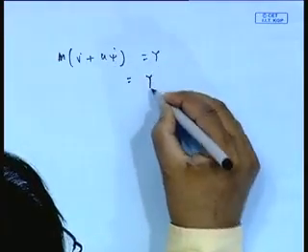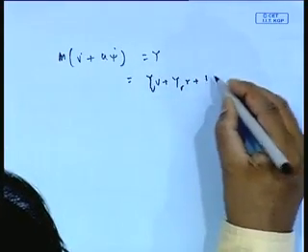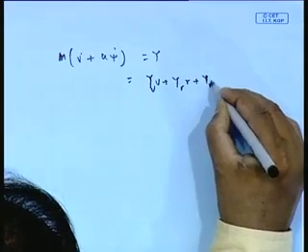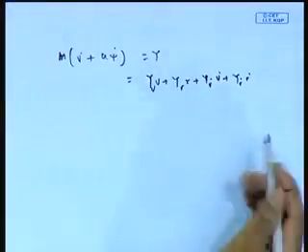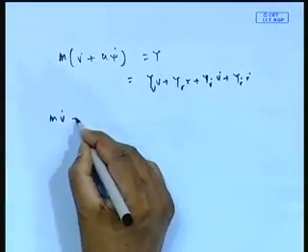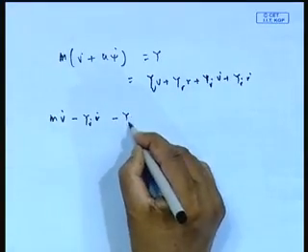This is equal to Y_v v plus Y_r r plus Y_v-dot v dot plus Y_r-dot r dot. What I can do is bring these v dot, r dot terms this way. So I can say it is (m minus Y_v-dot) v dot minus Y_r-dot r dot